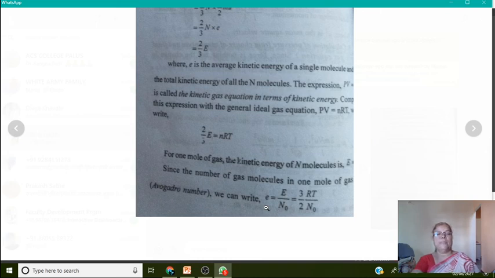This is the kinetic gas equation in terms of kinetic energy. Okay, so